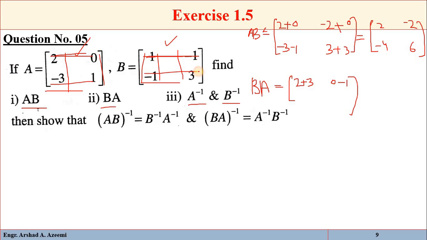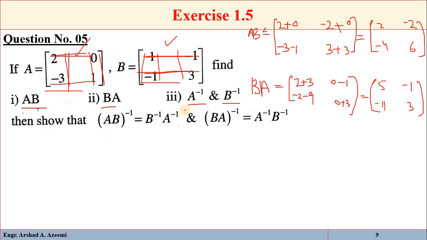Now second row with first column, -1 multiplied by 2, that is -2. 3 multiplied by -3, so it will be -9. Now second row with second column, -1 multiplied by 0, so that is 0. 3 multiplied by 1, so that is 3. So this is the product of BA. So 2, 3, that is 5, -1, -11 and 3, so that is BA. Okay,